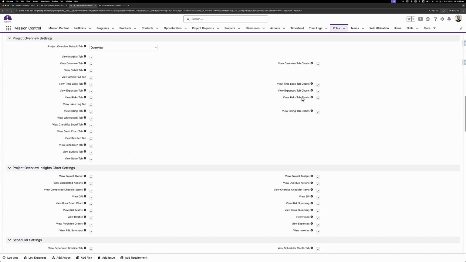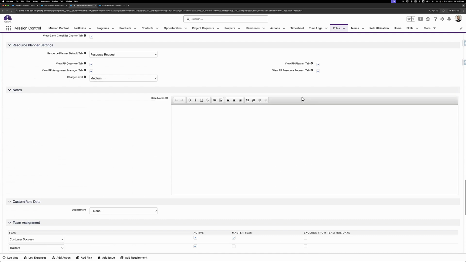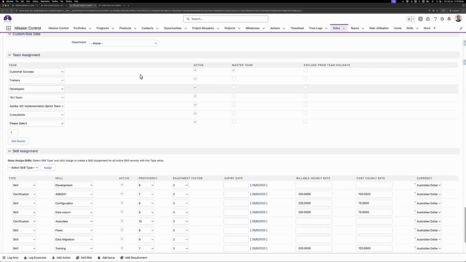Lastly, we recommend assigning teams and skills to your roles, and that can be done in a few different ways. Again, we have a separate resource, a training video that is available on our website that you can have a look at. But in this instance, you can do it from the role record directly. So you've got a section on team assignment and a section on skill assignment. So we recommend assigning teams that define the different functions this person does, for example,